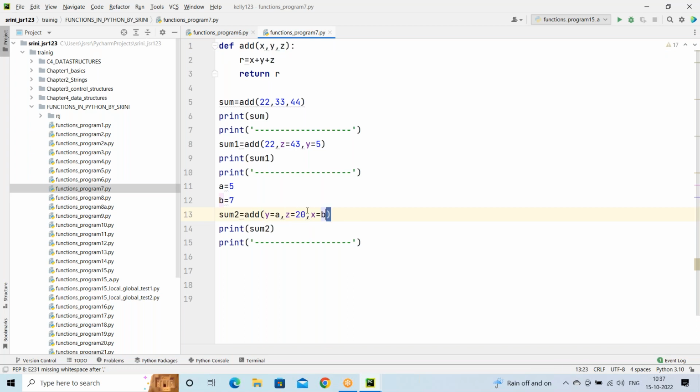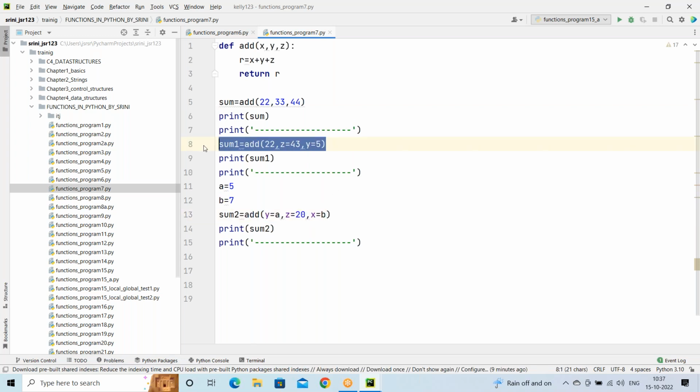That is known as a keyword. Positional and as well